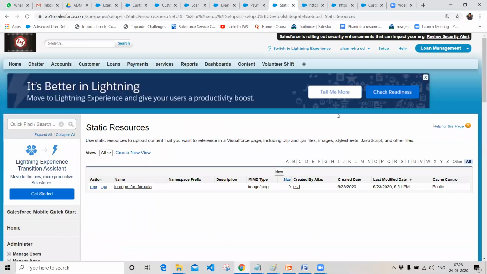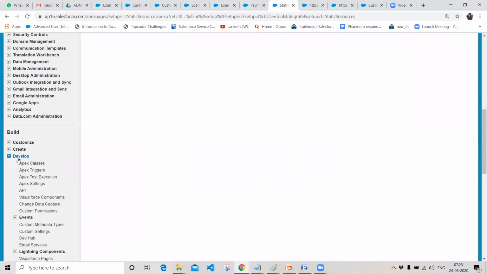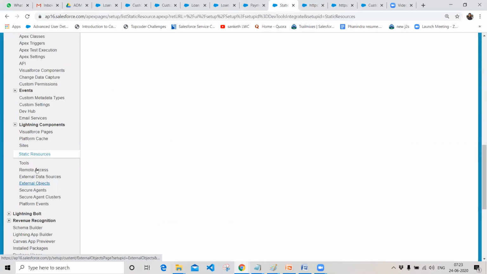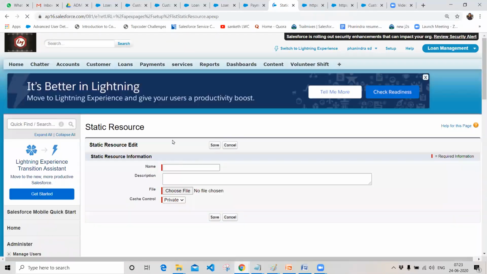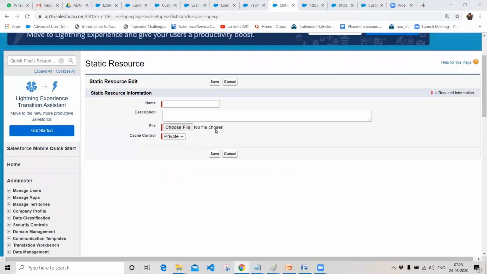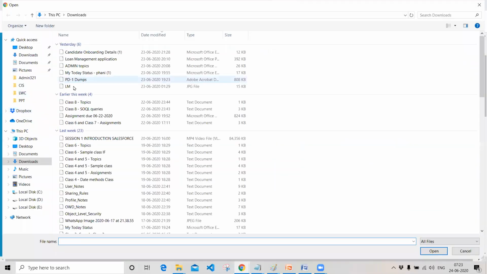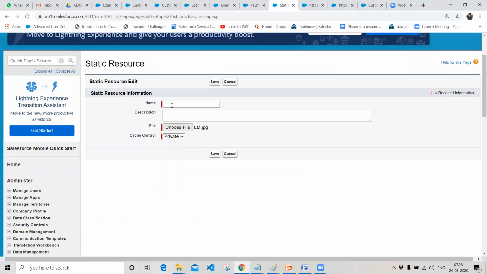To get to static resources, click on setup and go to Develop, and in Develop we have Static Resources. Click on New and add your image file. Whatever image you want to add, you can add here, and give it a name like second image.